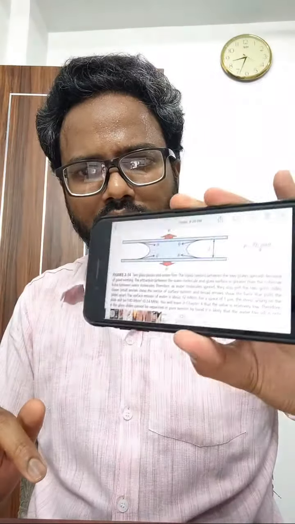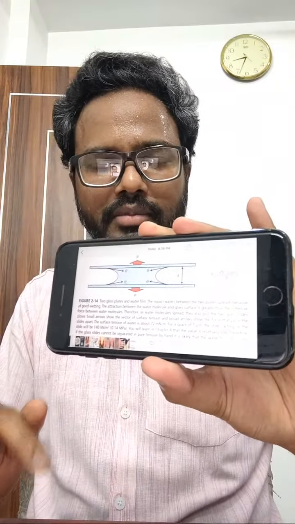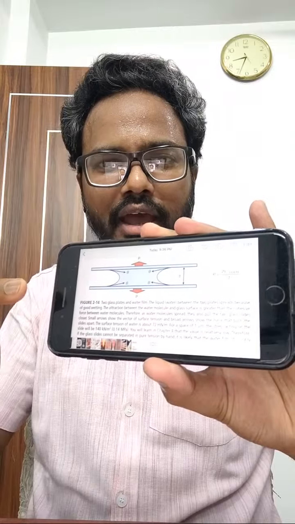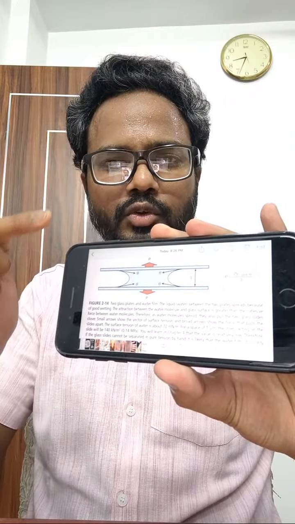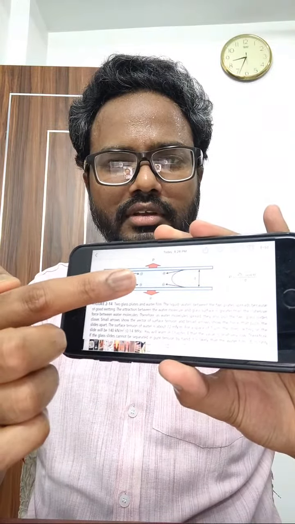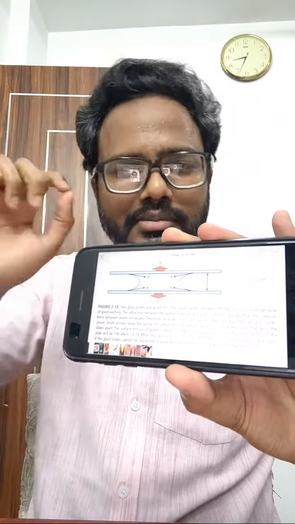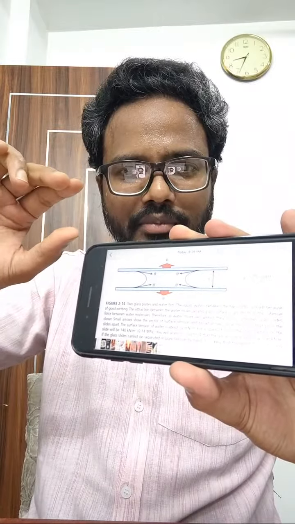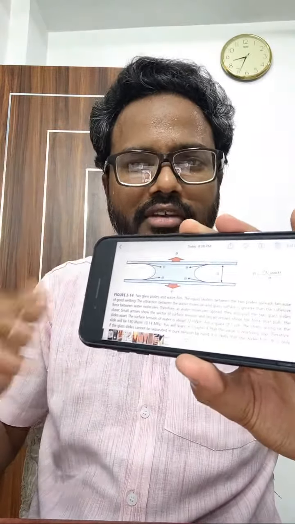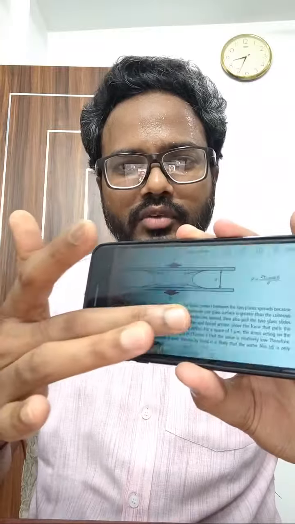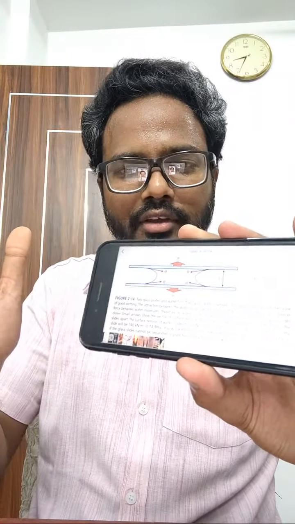So as you can see in this particular image, there are two glass slabs, and in between the two glass slabs you can see a water drop. It is considerably difficult to separate these glass slabs because of the capillary action that is generated by the addition of this water. So this is what we're trying to understand here. Wetting is a concept where